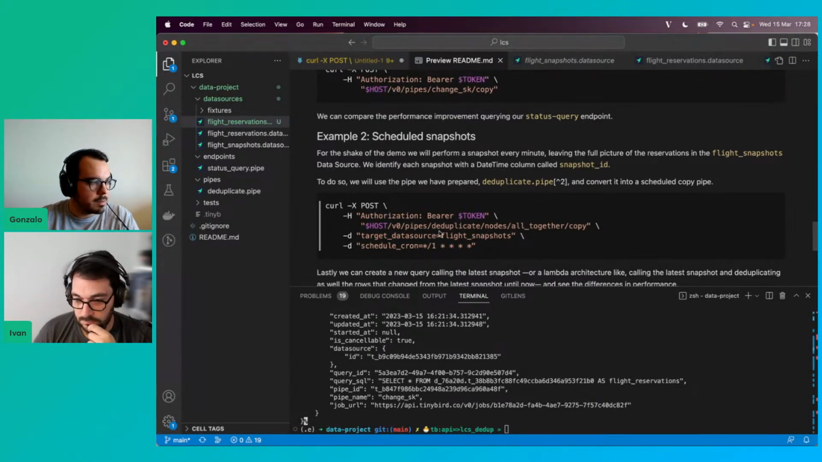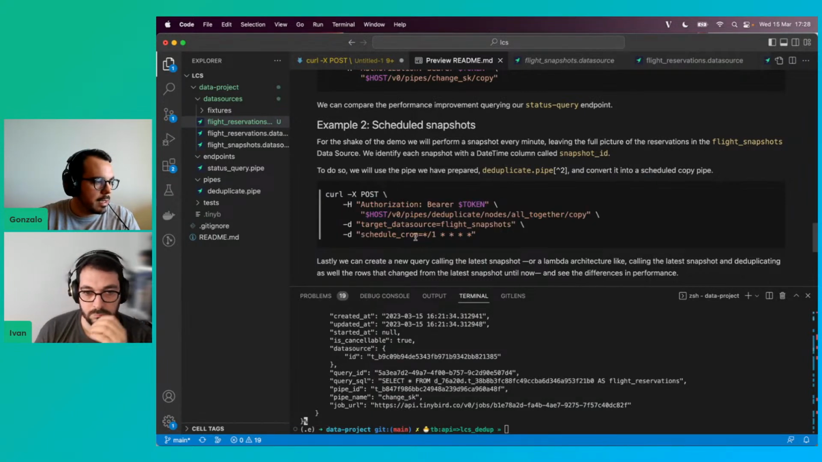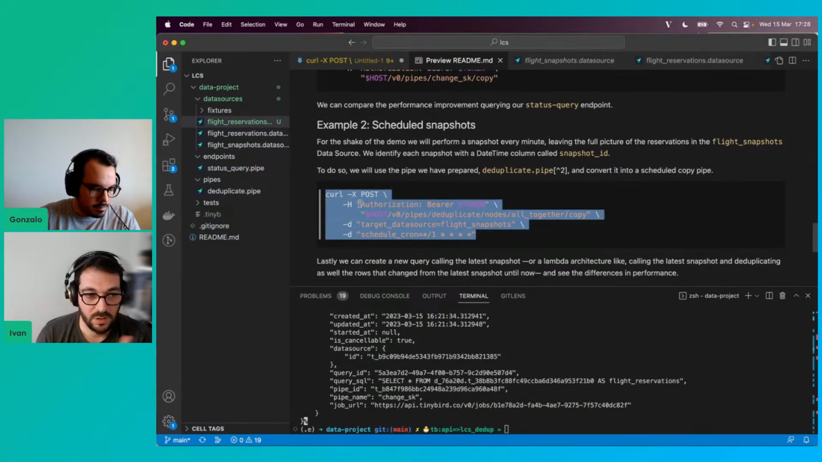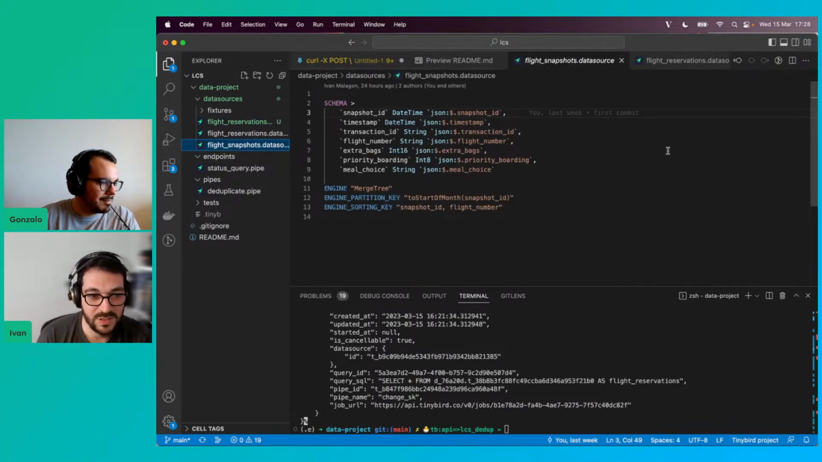Same things as before: the pipe and the name of the node, and the destination data source. In this way, flight snapshots. What we are doing here also is adding the cron expression that will tell Tinybird how often this query needs to be executed. The flight snapshots data source we created beforehand to speed up this demo, but the mechanism is the same one